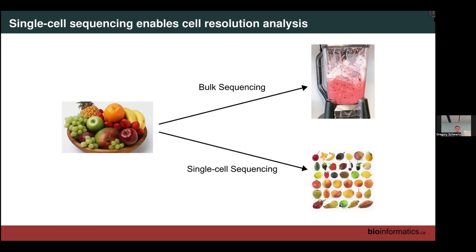So using single-cell transcriptomics, we can actually isolate the transcripts from each one of these cells by barcoding them. And then we still have the information of which transcript came from which cell, and we can then look at the communication occurring between each cell type. So how does this actually work? Well,